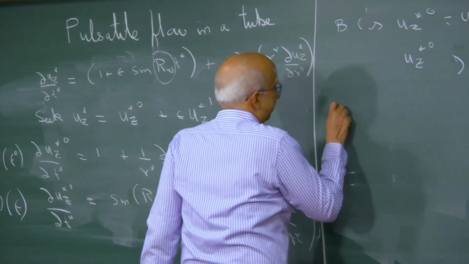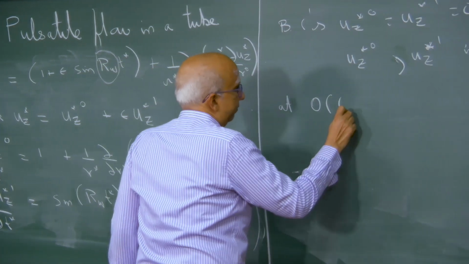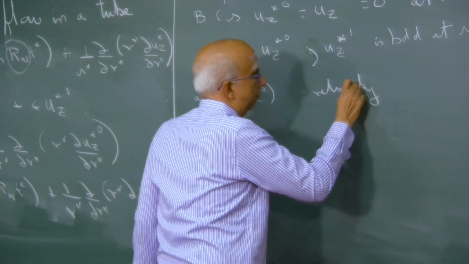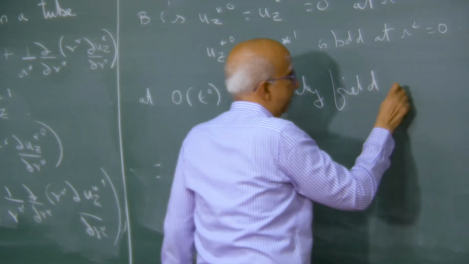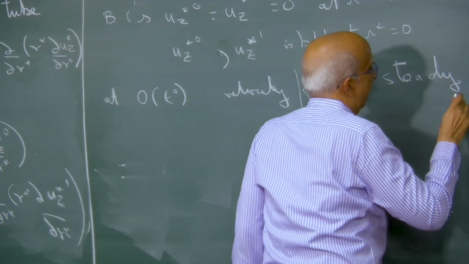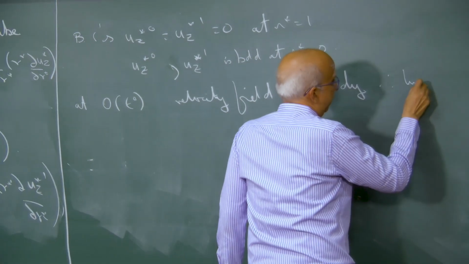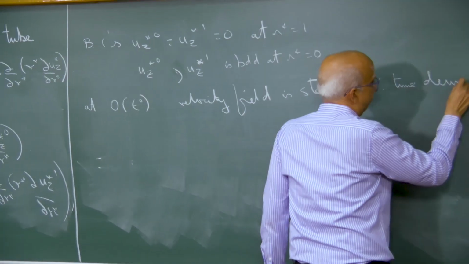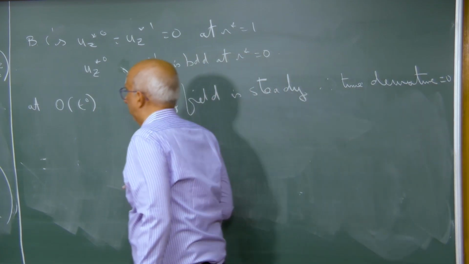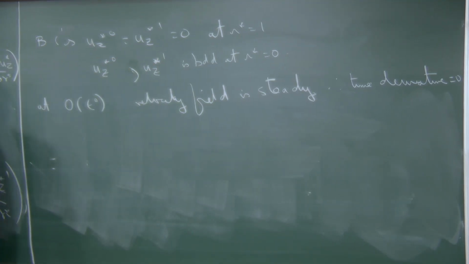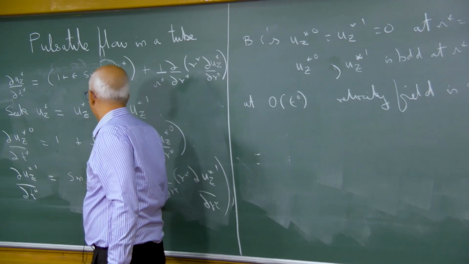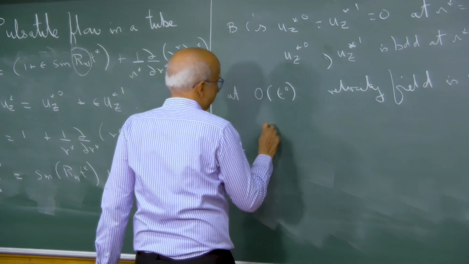So, at order epsilon to the power 0, the velocity field is steady, and therefore the time derivative can be put equal to 0. Why is the velocity field steady? Because the pressure gradient is constant. So, I am expecting the velocity field to be steady, and then you can solve